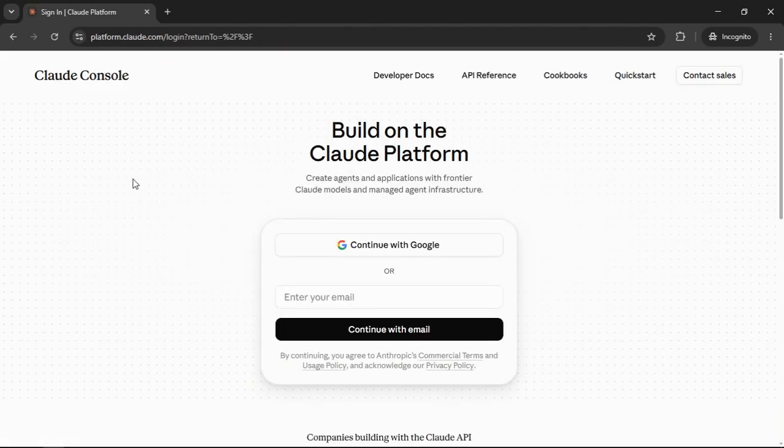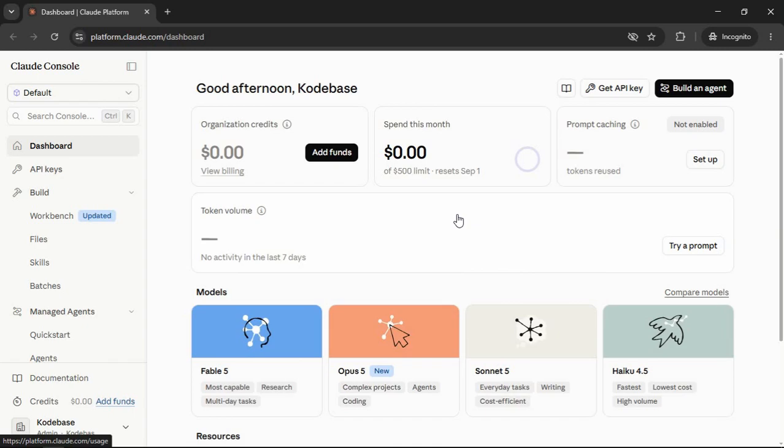Now here you need to log in first. So simply enter your email and click on continue with email. I'll skip this part. Now once you're logged in, you will get this sort of a dashboard. On the left hand side you can see I'm getting API keys. Simply click on it,